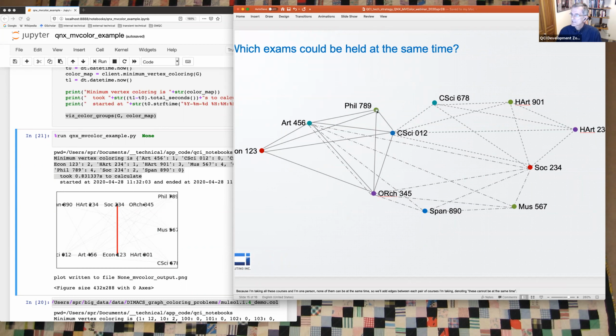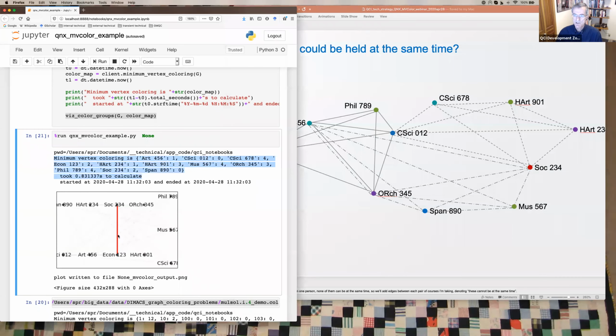So philosophy 789, music 567, and computer science 678. You can see there's no edges between any of those pairs of vertices. So those are all legal to put in the same time slot, i.e. the same color. I have added in my visualization, in this position, i.e. the first connection in the third time slot,